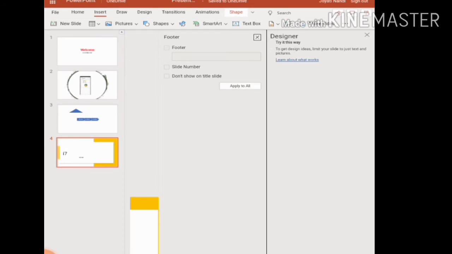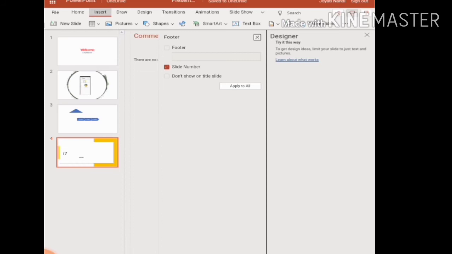Okay, but I want only slide number. Okay, and then the option is apply to all, meaning apply to all slides. Yes, apply to all.